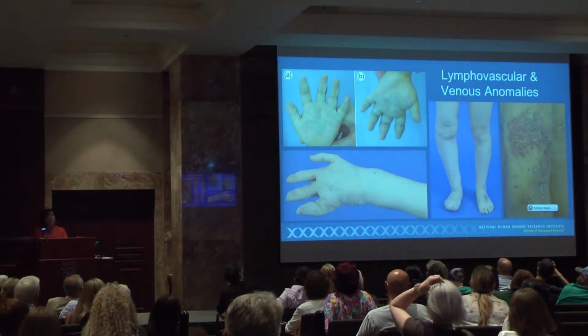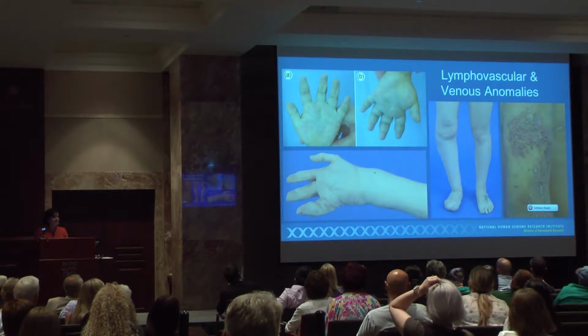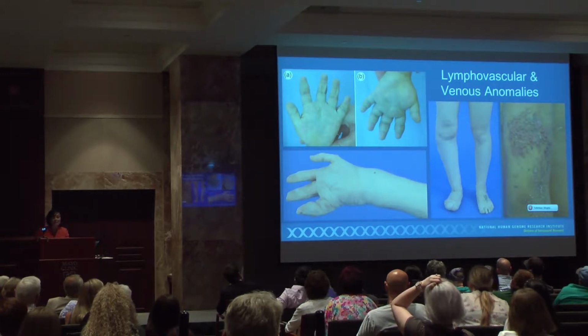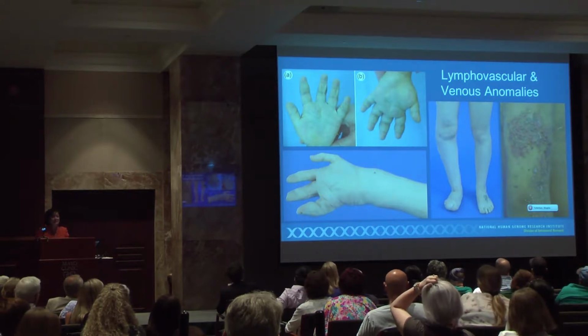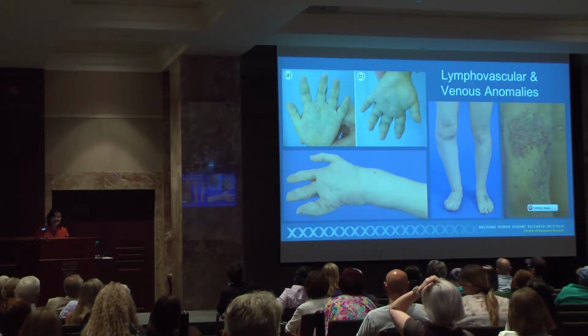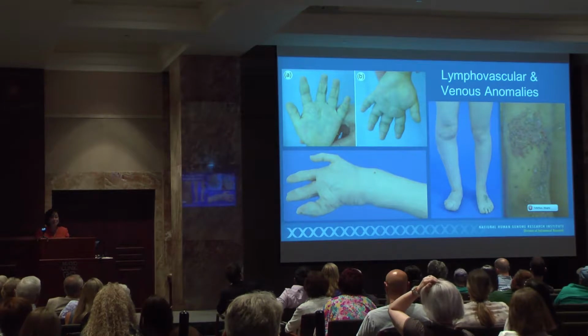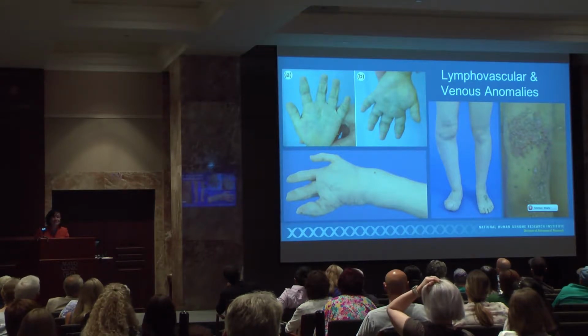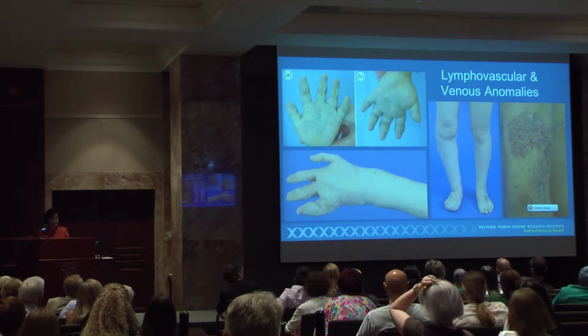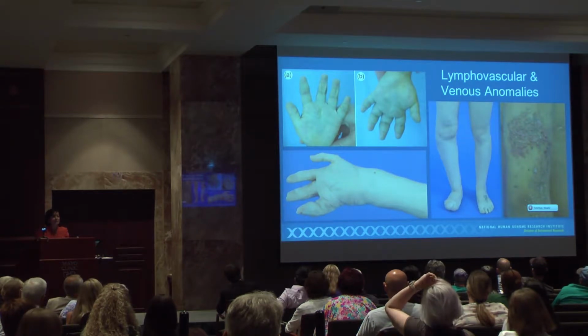So I wanted to highlight the vascular malformations because this is the major component of these groups of conditions, and I'm talking to individuals who've been identified to have Klippel-Trenaunay, so it's very pertinent because this is one of the key features of this condition. So this is from your website, actually, the photo on the top of a little child's hand with a venous malformation, and then the hand, arm, and legs of this other girl,